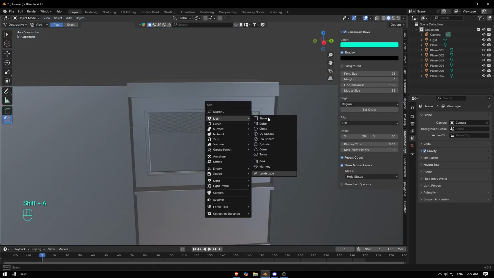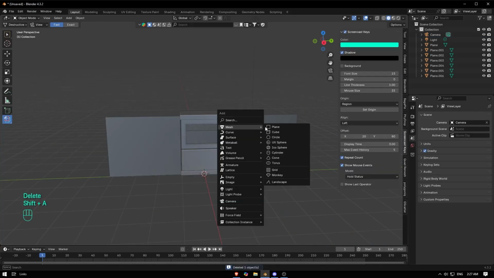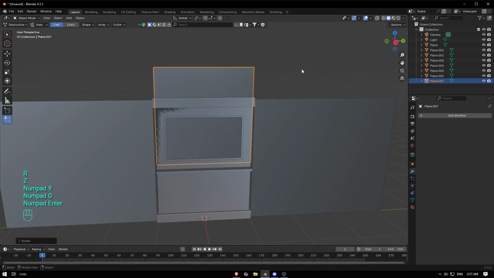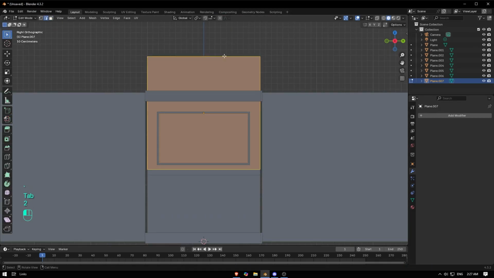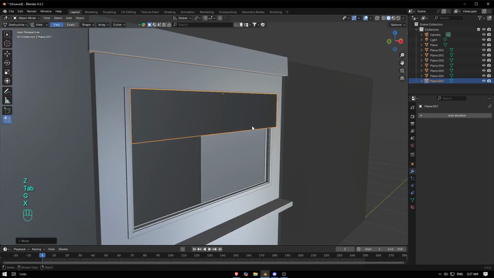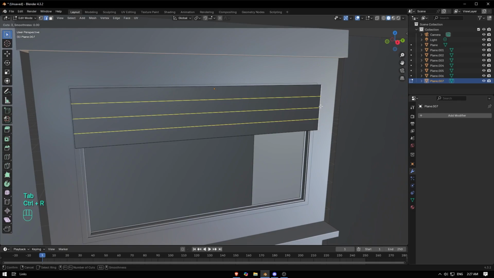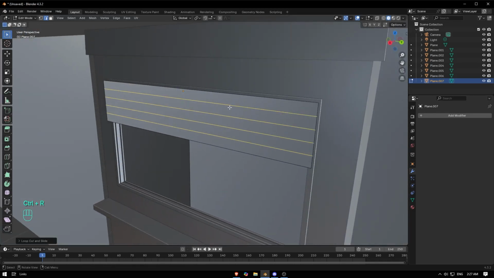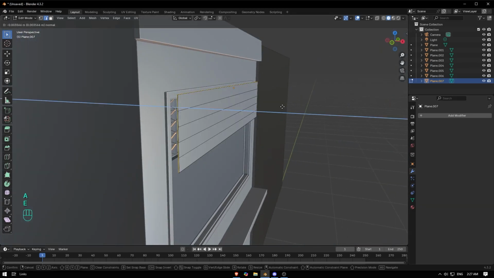Shift A, mesh, and go to plane, or X 90 or Z, and then go here, G and Z to grab this down, to grab this, and this one. Now we're good. So I'm gonna just play around with this one, like 3 loop cuts, or I don't know, maybe 3 loop cuts. Like this, then select everything,